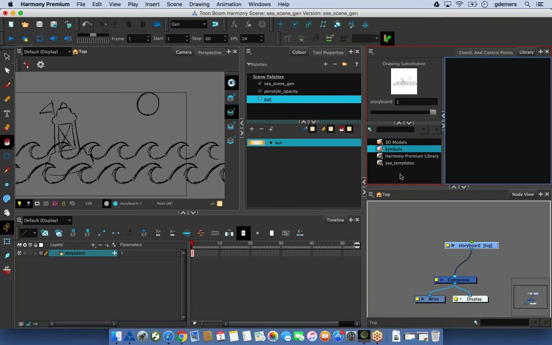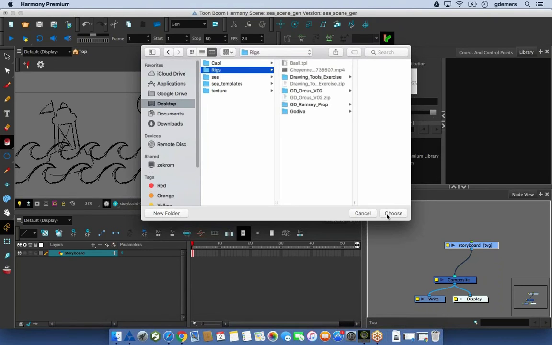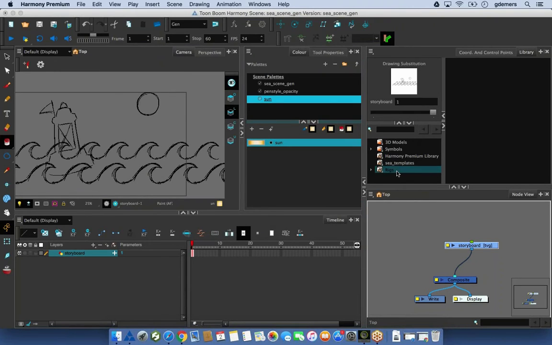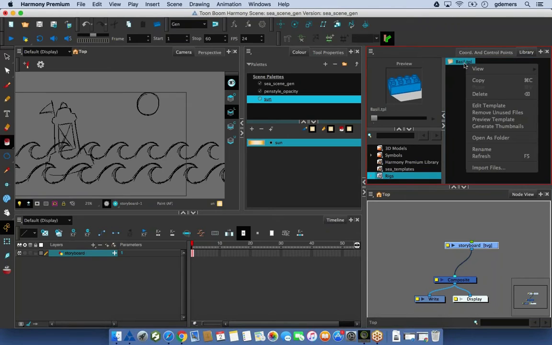So to be able to bring in an asset, you can simply right-click and select Open Library. And when you select Open Library, you actually get access to any folder on your computer. So any place where you want to store your files, you could just go over here, and I could decide, well, you know what, I'll take this one and choose that folder, and it gets added in here, where I can see, for example, I have a rig here. When you get that little Lego block, it's not something that I've drawn. You need to right-click and